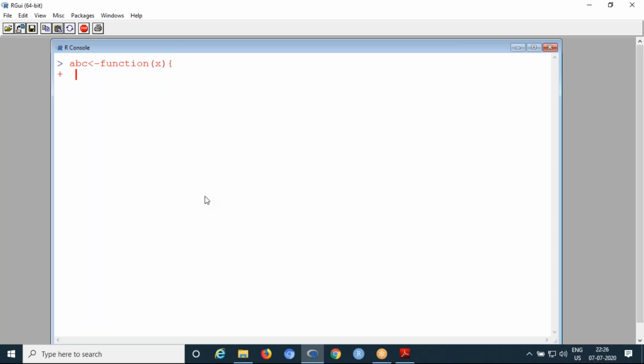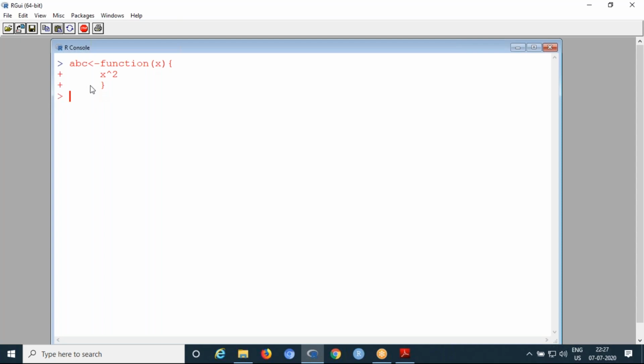If you want, you can give space by clicking the space bar. Now here you can define the body of the function, x power 2, then next line, close the function body, then enter. Now we entered into the next line, the prompt entered. So now the function is created.